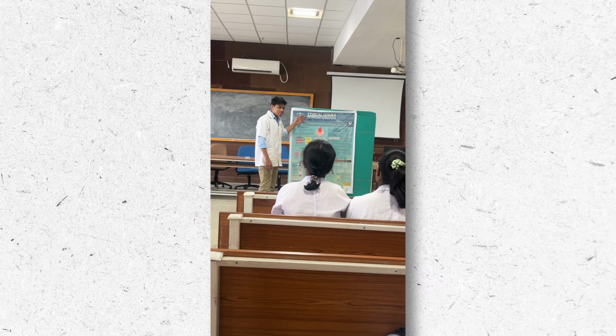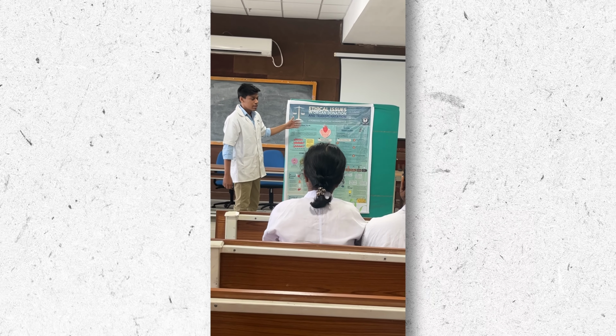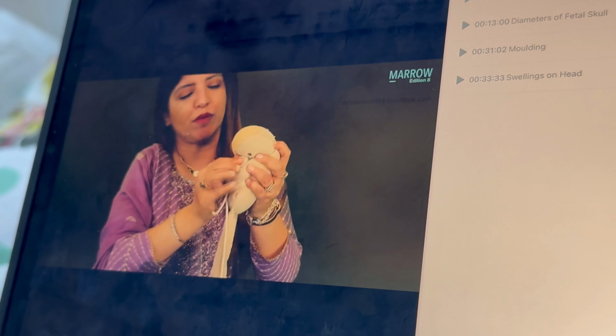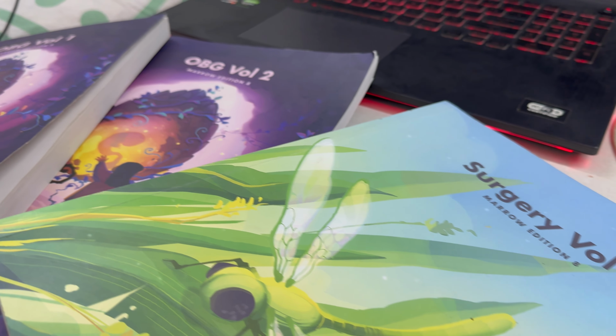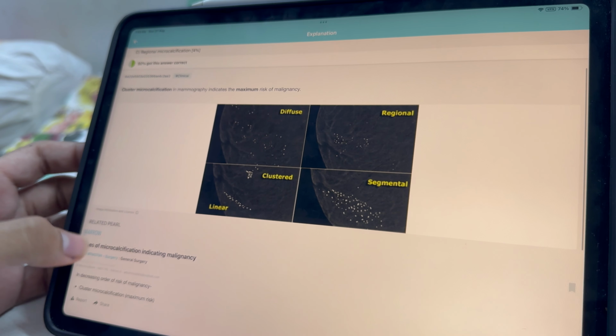But here's a pro tip: to actually present a topic, you first need to understand a topic. And to understand a topic better and get clear and simplified diagrams of the topic, you can watch Marrow videos on that topic. The faculties of Marrow explain concepts visually, which not only makes learning easier but also gives you ideas for diagrams and flowcharts, which you can directly adapt into your poster. This way you are not just copying text, but you are actually understanding, and then you are making your audience understand.